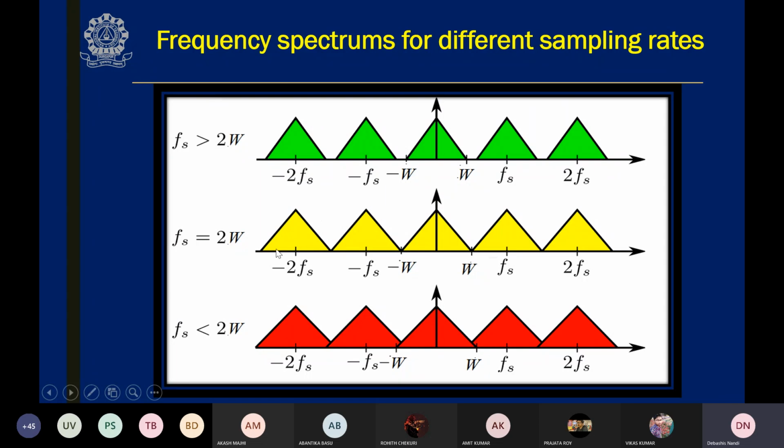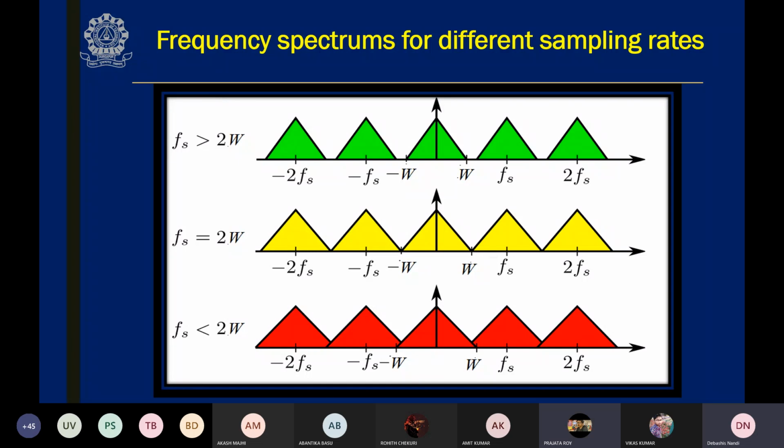And Fs equal to twice W is called the Nyquist rate of sampling frequency. At least you have to maintain Fs equal to twice W. If the sampling frequency is below this twice W, then it is not possible to reconstruct the signal without any aliasing effect. That is the case. So Fs greater than or equal to twice W should be maintained